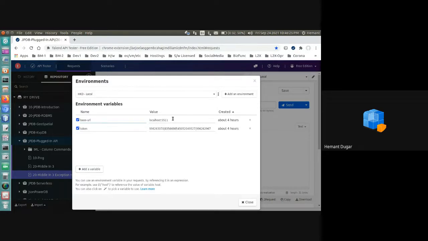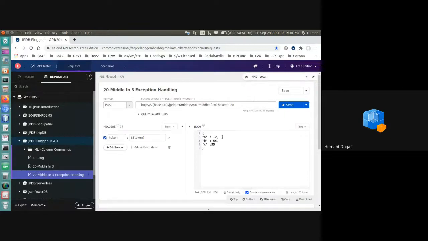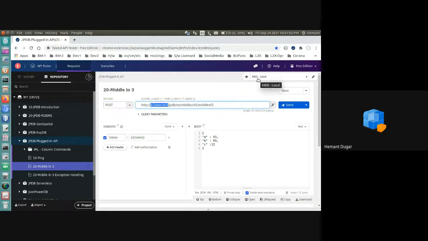I have set the environment, just Jayant has taken a separate module for understanding about the environment and a token. So this is the localhost token. If you see my request, I have the token given here in the header. And this is the base URL that comes from the environment. And this is the endpoint URL. This is a package name. Sorry, I am calling a different URL, a different API. So this is the API. So this is the base URL from this environment.